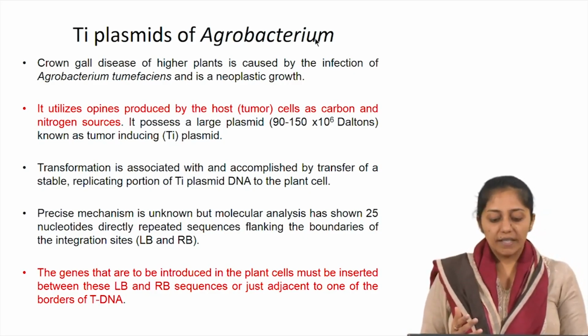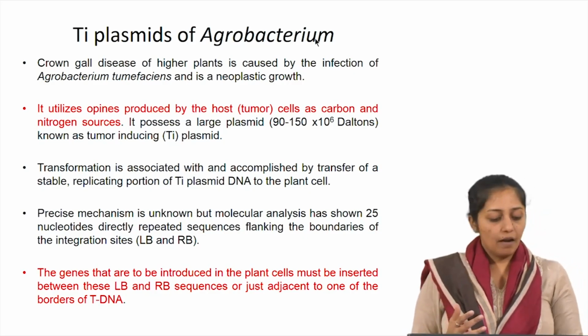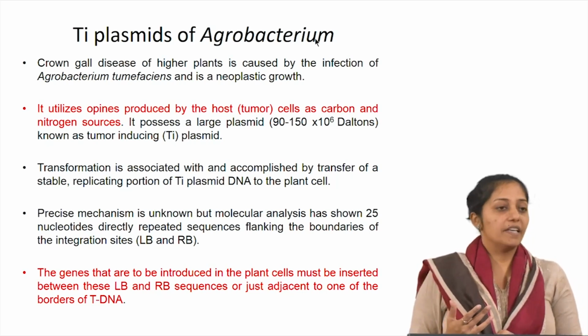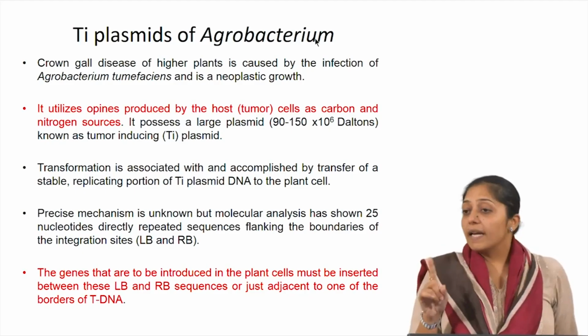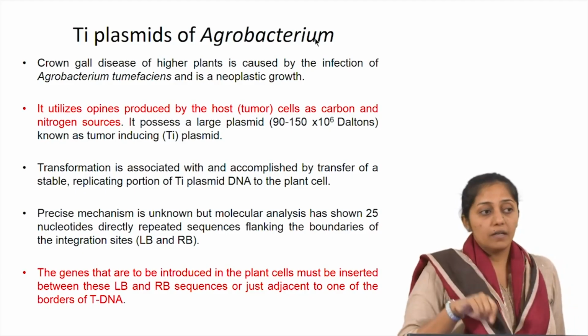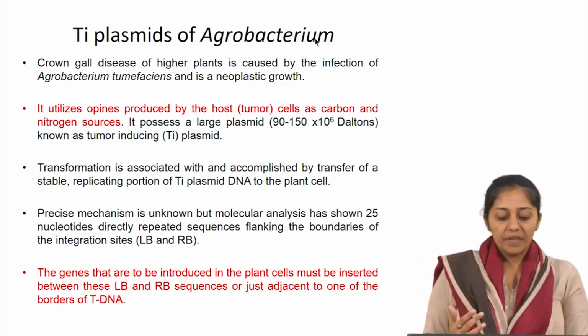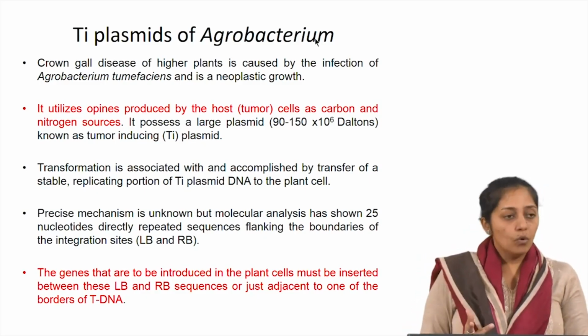Transformation is associated with and accomplished by transfer of a stable replicating portion of TI plasmid DNA to the plant cell. So the replicating portion of the TI plasmid is your tDNA. We will see how it happens. The precise mechanism is unknown, but